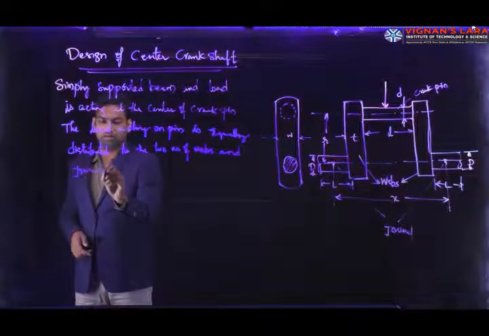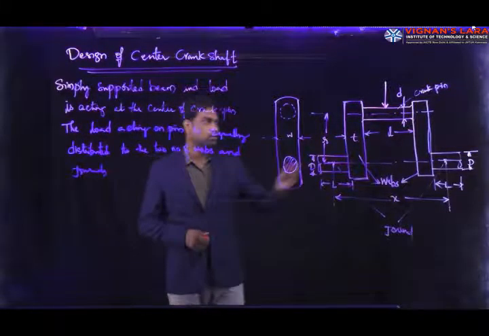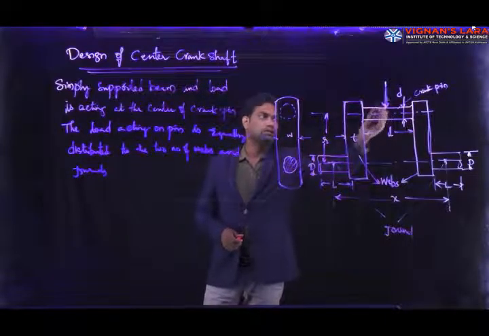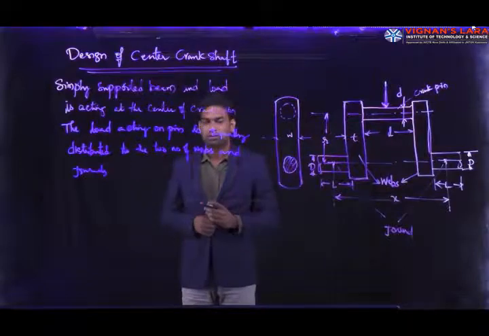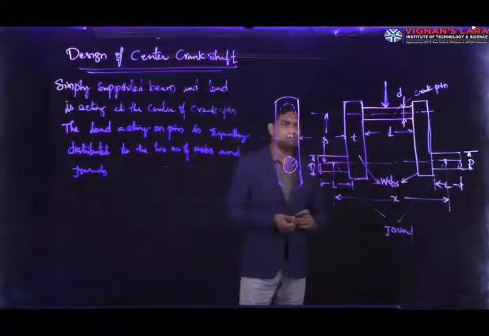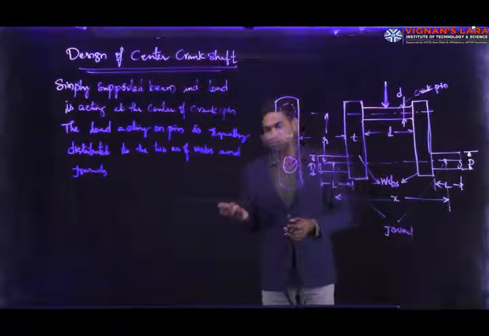Here we have the two journals, so the two webs and journals. So the total load acting on the crank pin is going to be equally divided to the two webs and the journals. Clear? So again, coming to the design, we can examine further